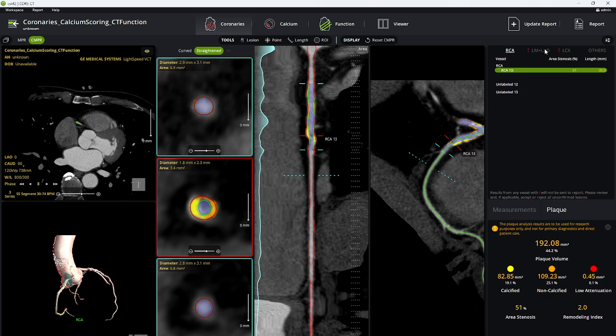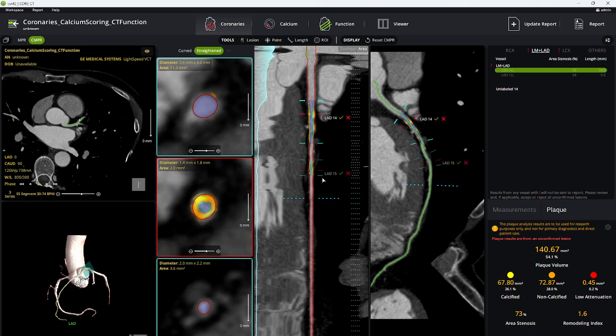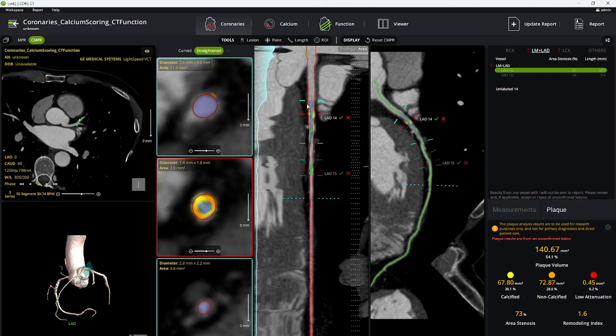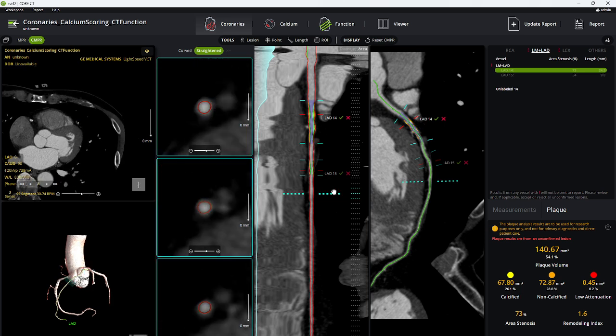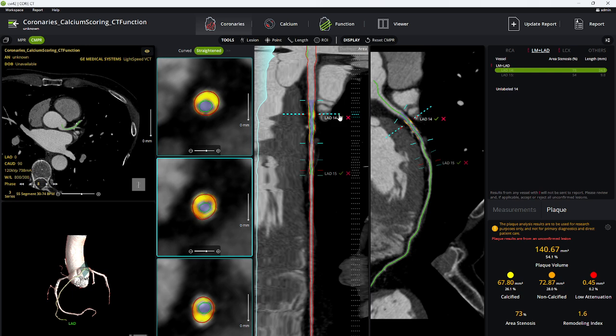We could go over to the LAD. The LAD has 2 lesions in it. We can put as many lesions as there are in the vessel. Again, it puts a proximal marker at the beginning of the convergence of the wall and ends it when the convergence ends with a distal marker. Again, you can bring your interrogation or navigation bar, whatever you want to call it, up to that area